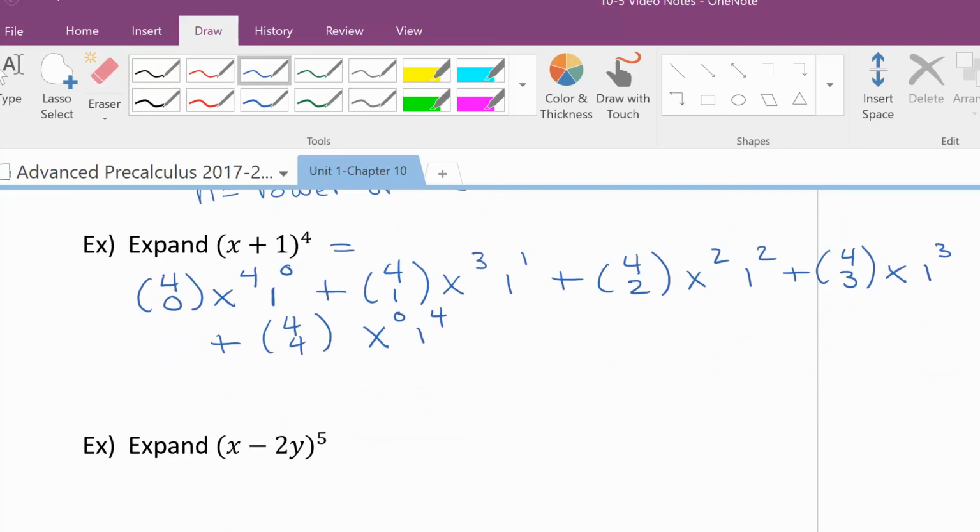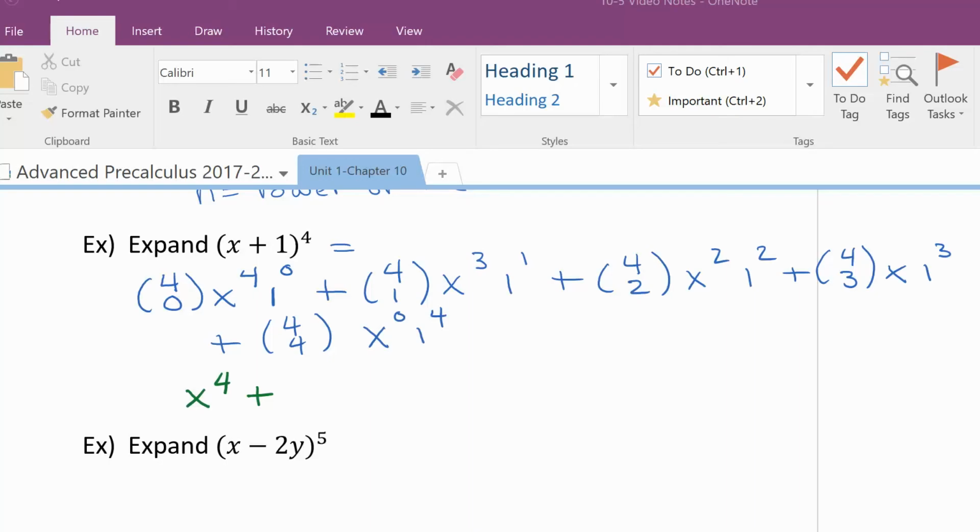So if you notice, 4 choose 0 is just going to give you 1. So that means in the end it's going to be x to the fourth, because 1 to the 0 is also 1, plus 4 choose 1. So if you do the math on 4 choose 1,